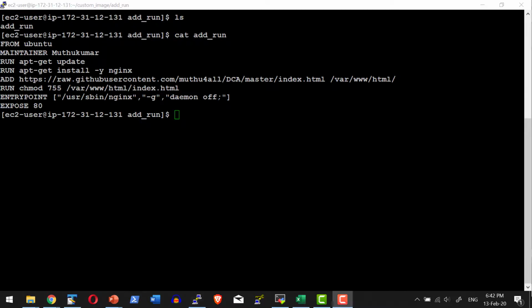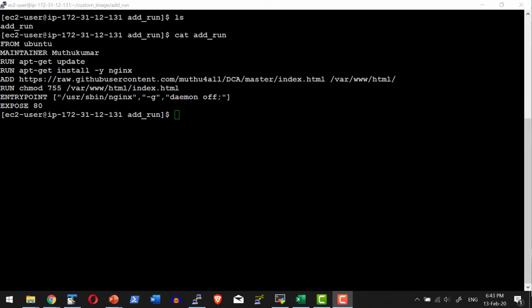If you look at the verbs run, cmd as well as entry point, they look all similar, but there are some differences. We will be using run to install a package or a software on top of the image, and we will be using cmd to run an individual command on top of the container that got started out of that specific image, and the last command will be the relevant one.